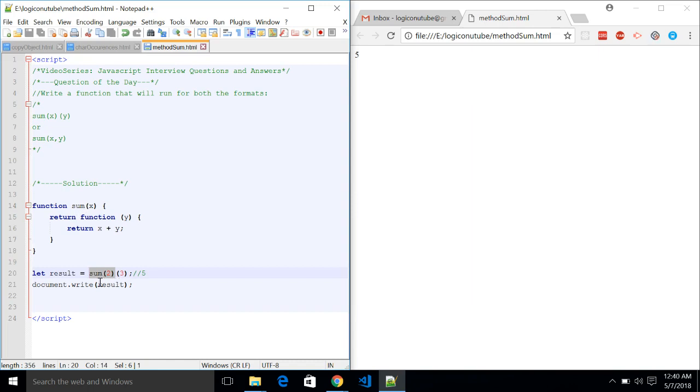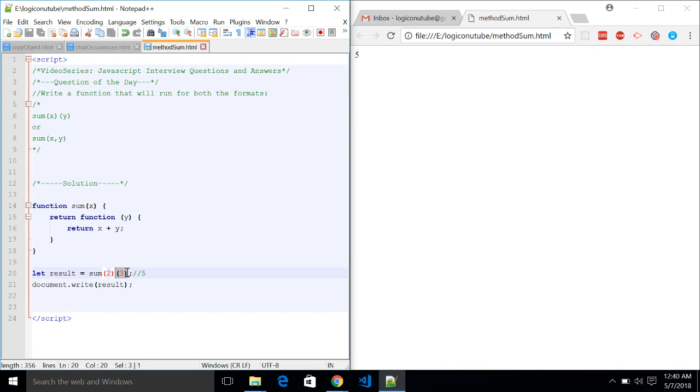Here, in place of sum(2), the argument inside the parenthesis, this will be replaced by the return value of function sum, and function sum is returning another function. So the inner function will be called after returning the value from the sum method, and that function will be called